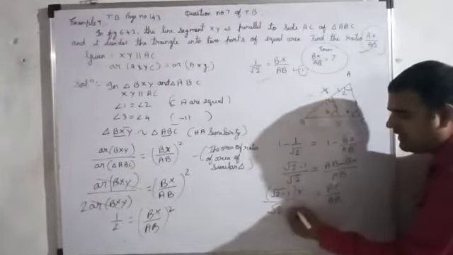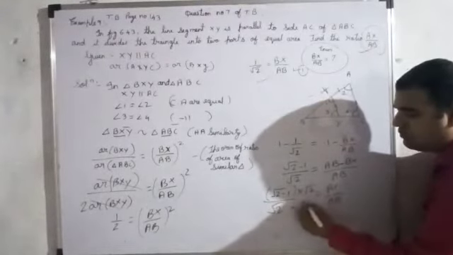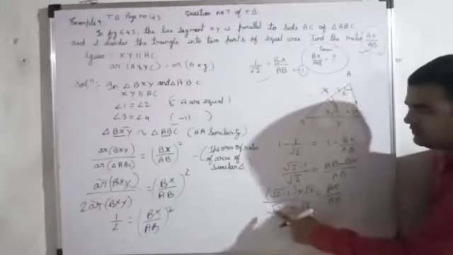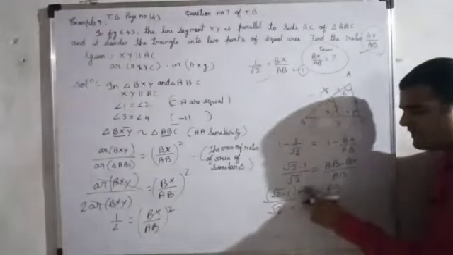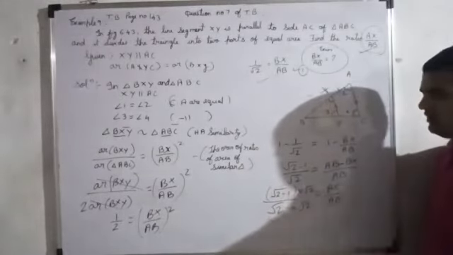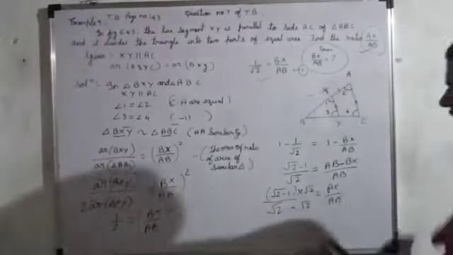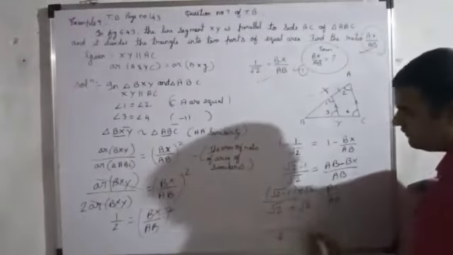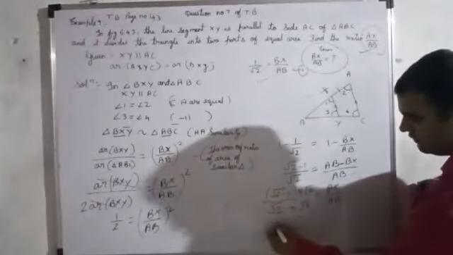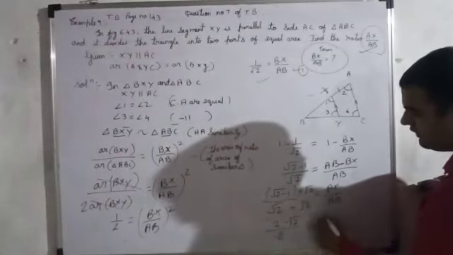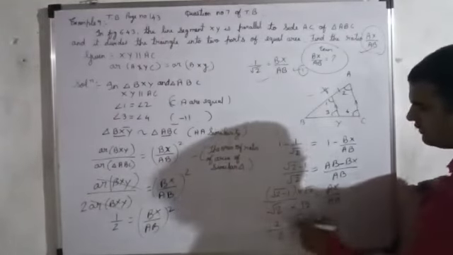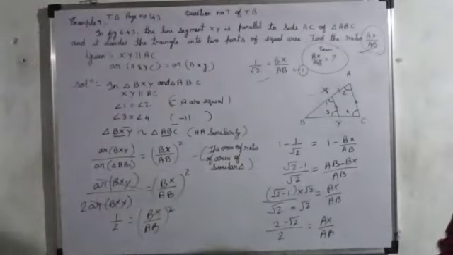So multiply numerator and denominator by root 2. Yes. Root 2 into root 2, actually it's minus root 2, but minus minus becomes plus. Yes. Now what will you get? Root 2 into root 2, 2. Yeah, root 2 into root 2, 2. And root 2 into minus 1, minus root 2. So AX upon AB is what? 2 minus root 2 upon 2. This question is very important. It was asked in the board exam of 2018 or 17.